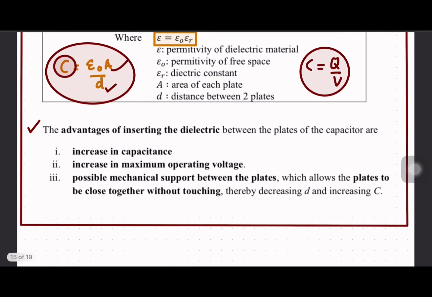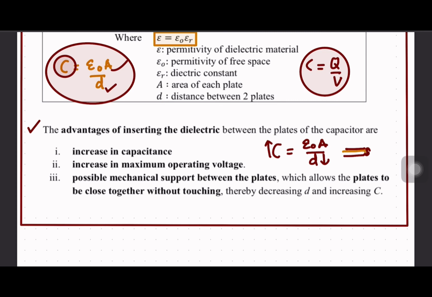Alright, so next is the advantage of inserting the dielectric between the plates of the capacitor. It increases the capacitance. Bila kita insert dielectric, C akan increase. And it increases the maximum operating voltage, so V akan tinggi. And there is possible mechanical support between the plates, which allows the plates to be close together without touching. As you know, C equal to epsilon naught A over D, so C akan increase kalau D ni serapat mungkin. Antara plate ni dia akan paling close, tapi dia tak boleh bersentuh. Kalau dia bersentuh, dia akan jadi proses lain. Jadi macam mana kita nak dapatkan jarak ni paling dekat? Bila kita insert